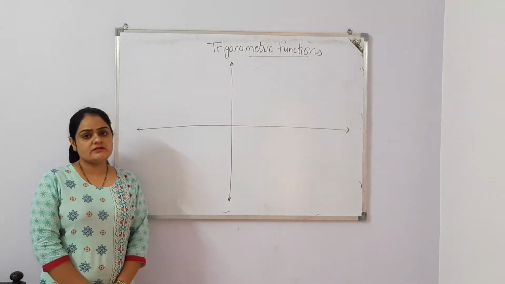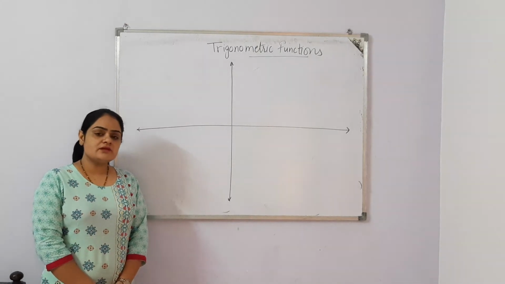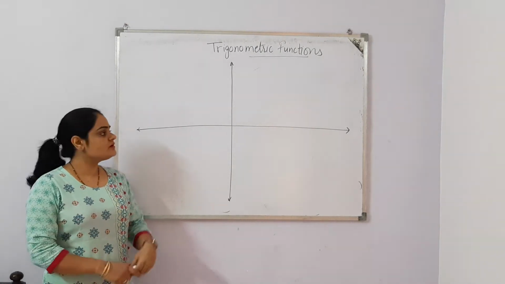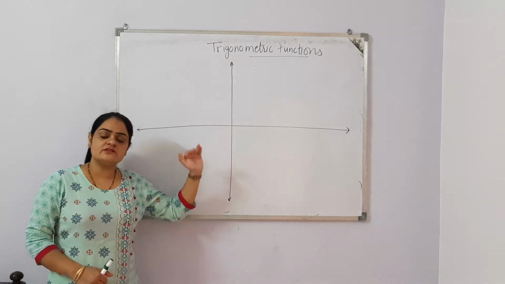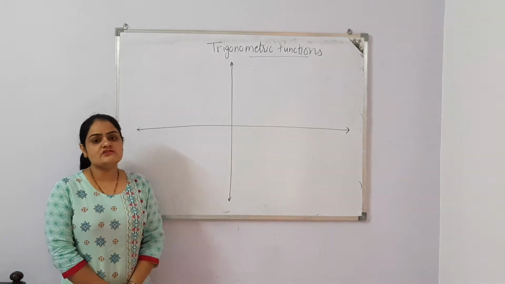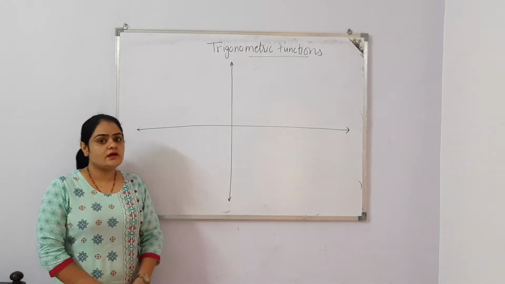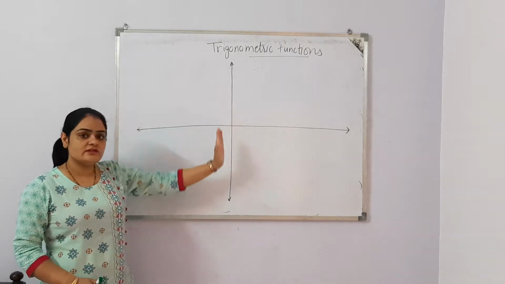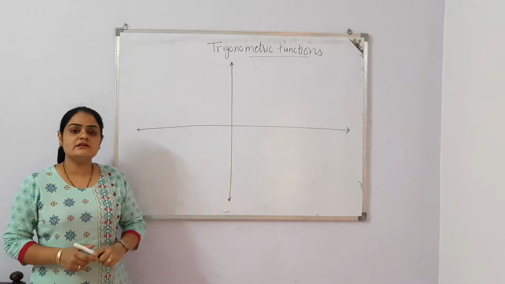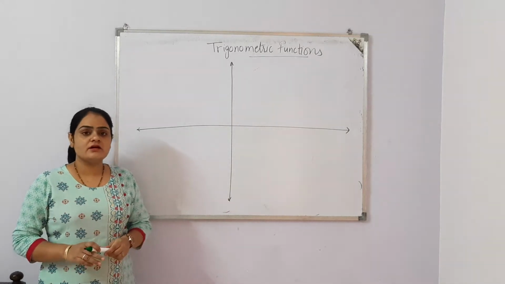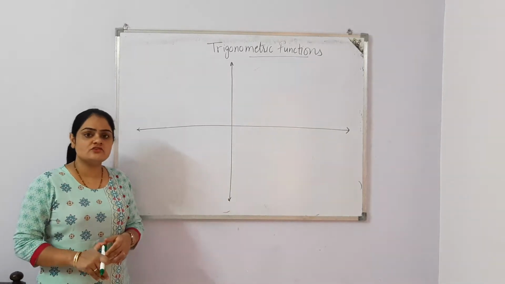We are doing trigonometric functions, and in the previous video we learned that when we are on the horizontal line there is no change in the trigonometric function, but we can change the sign according to the quadrants. So let's do now the change with respect to the vertical line, that means in terms of 90. Is there any change in trigonometric ratios or not?